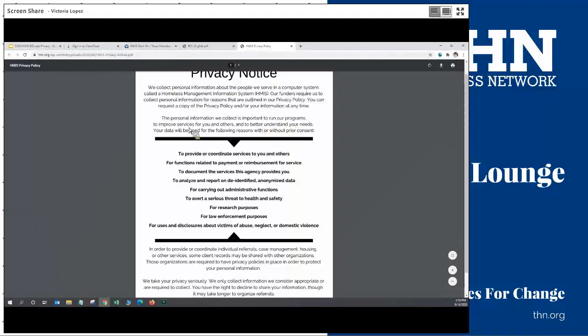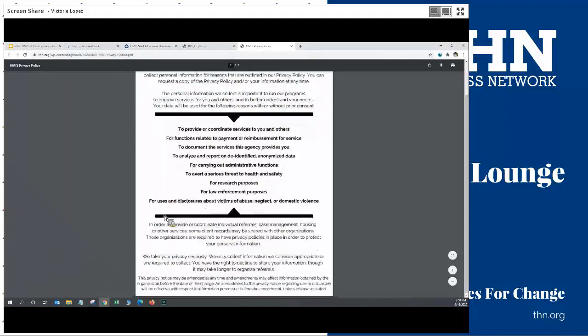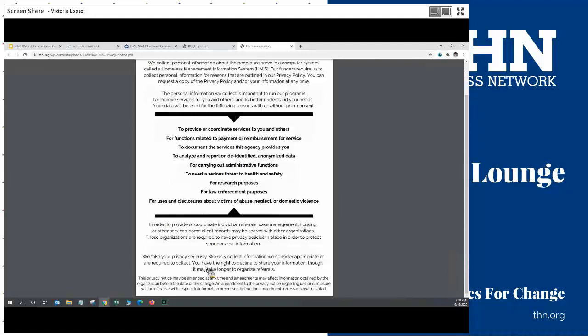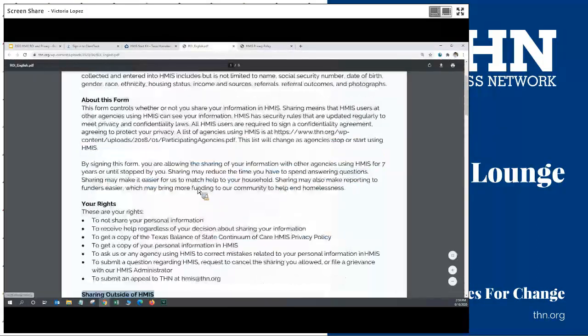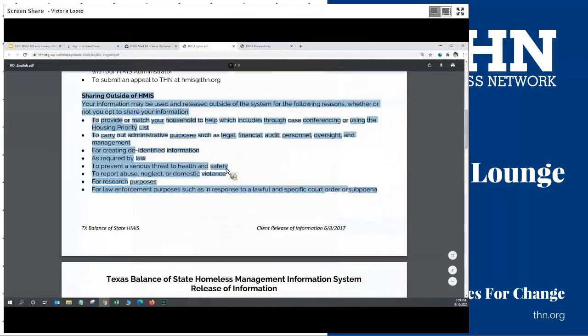It's important to run programs to improve services for clients and others, and to better understand participant needs. It also gives information about what we consider appropriate or required data to collect. And of course, they have the right to decline to share their information, though it may take longer to organize referrals. So this privacy notice is really just a condensation of the ROI.